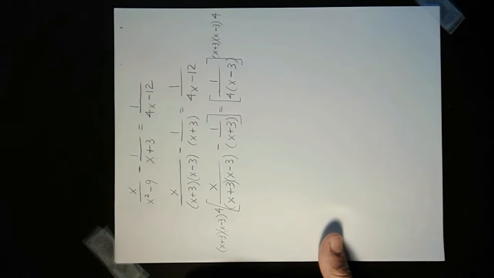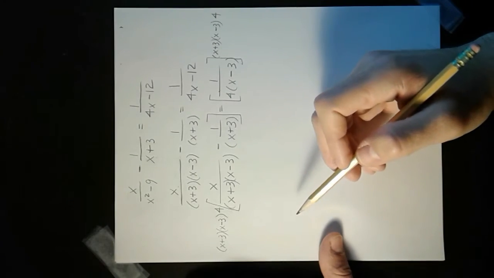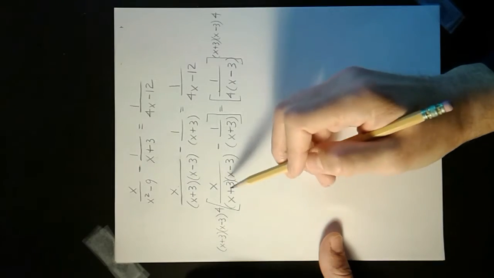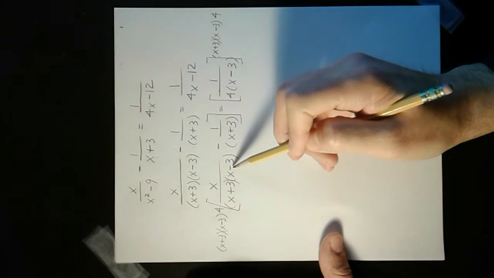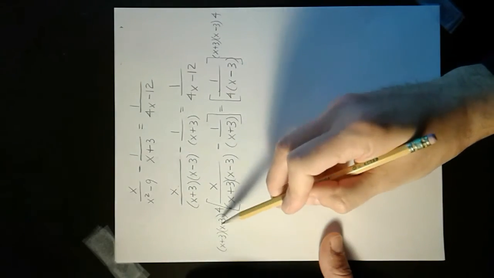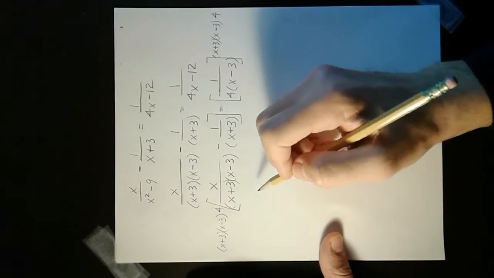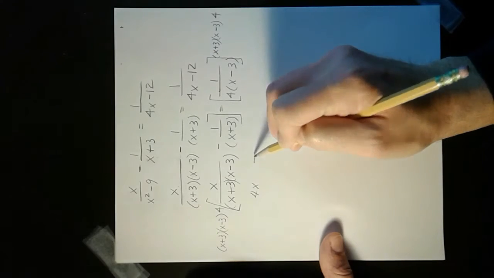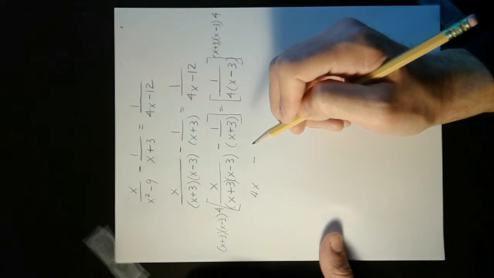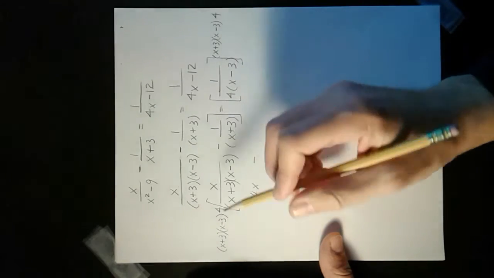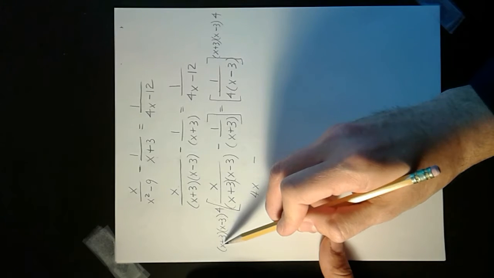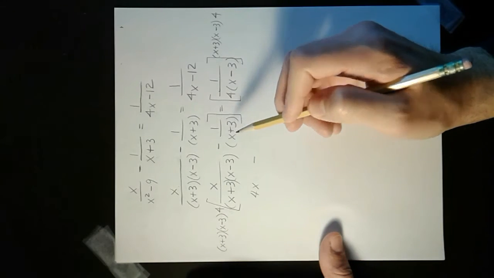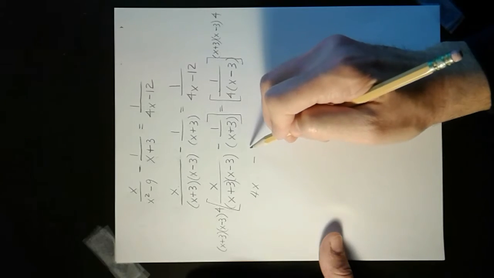Now we're going to apply the distributive property, and you'll notice that this term will cancel this term, will cancel this term, simply leaving us with 4x. Again, after distribution, we notice that this term, x plus 3, is going to cancel this term, x plus 3, leaving us with